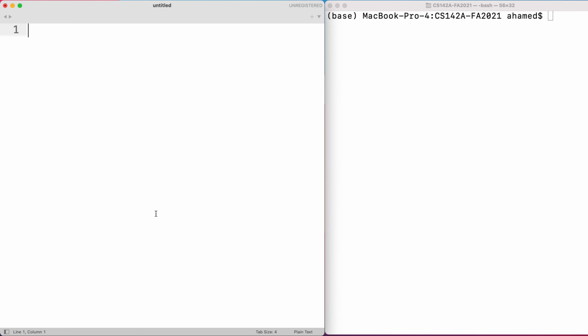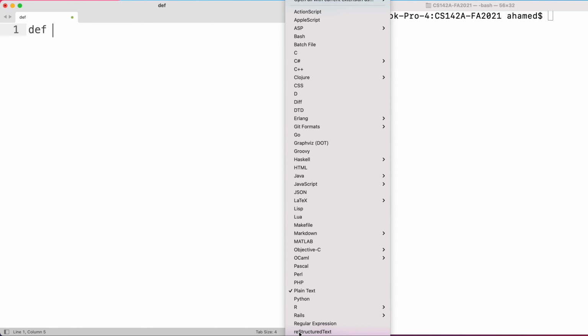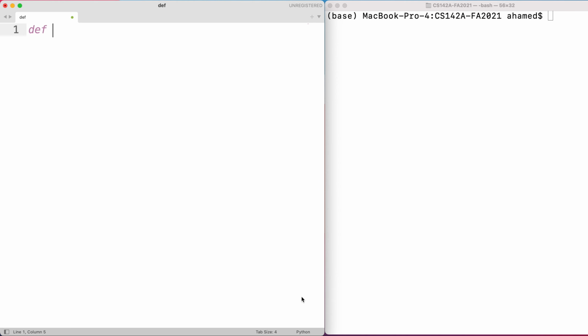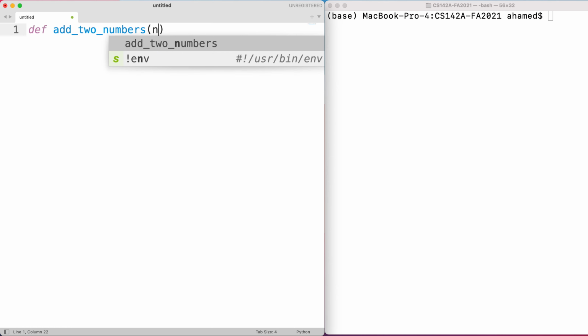Hi everyone. So today I want to show you what we did in class, and what went wrong when we did things in a certain way. When you define a function, and I'm going to switch this into Python so it can give me the colors, we call it add two numbers like that, and it's supposed to take numbers